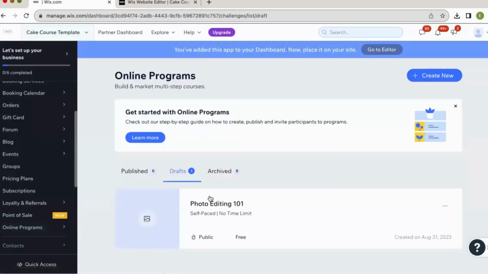Don't worry about this step. As soon as you did that step, and you didn't just breeze through it like I did, it's going to take you to this online programs page. So here we're going to select